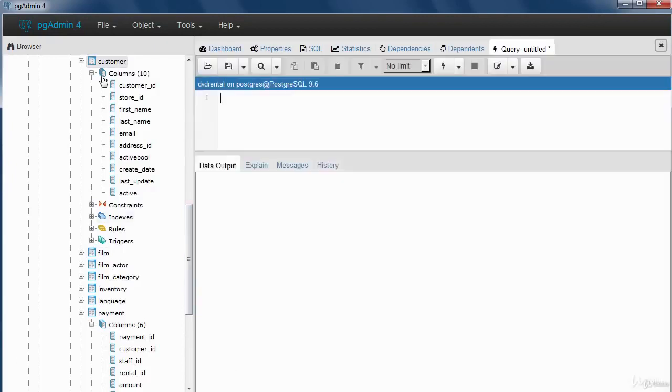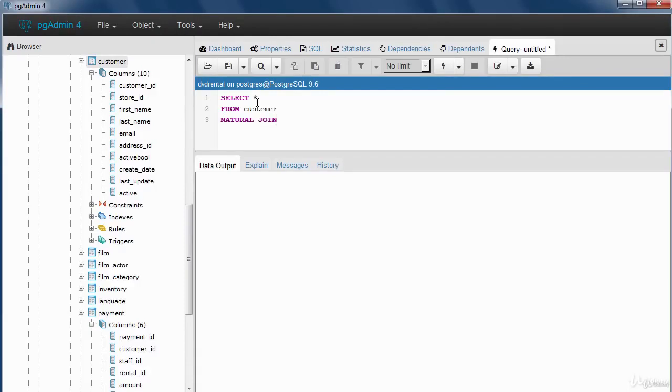The first and second table that also do not have matching columns will also be displayed. So let me do that now. Let's right click on the table and go to Query Tool. Okay, so what I'm going to do is select all the columns. I'll do select star, which means get all the columns